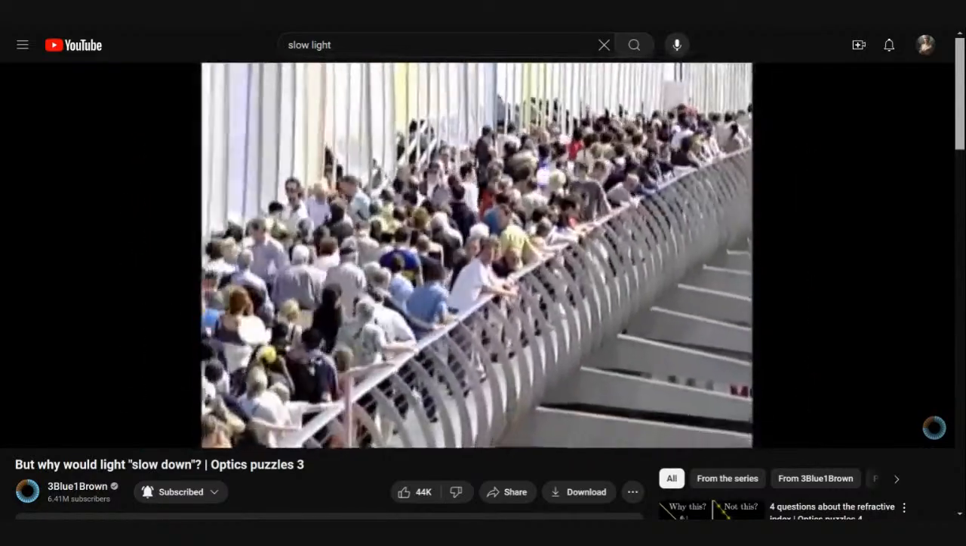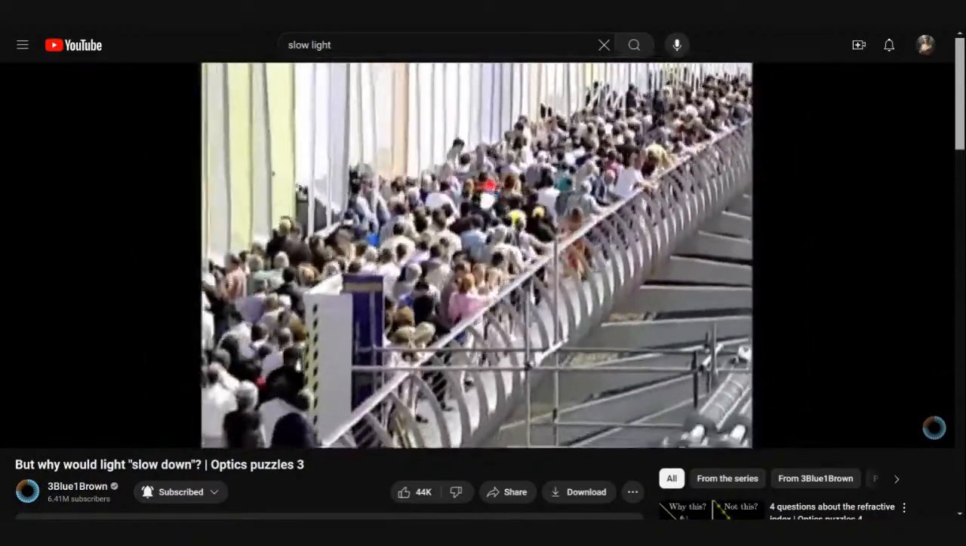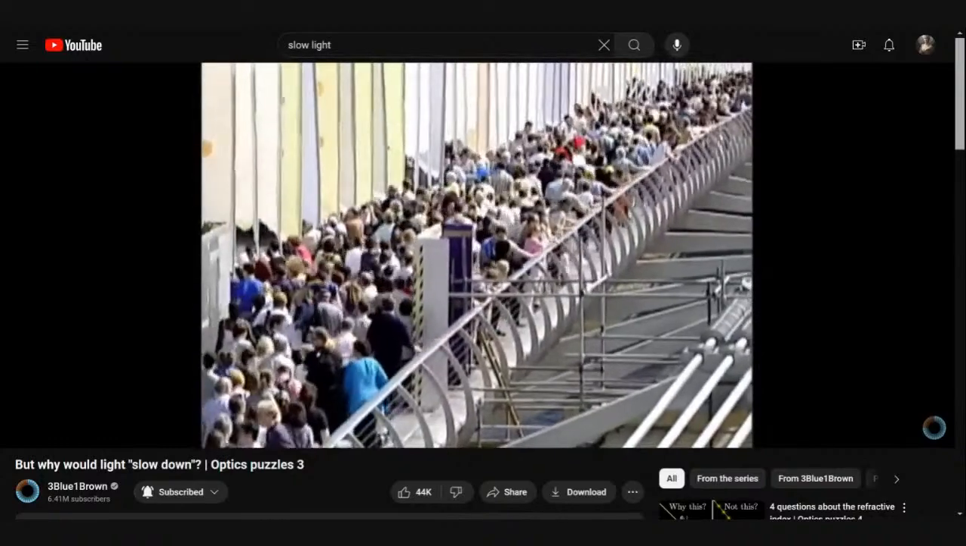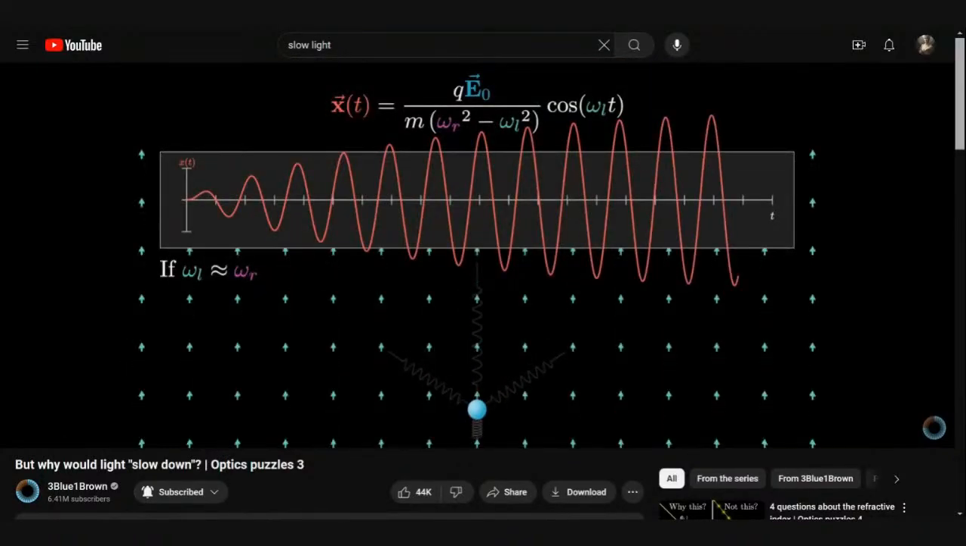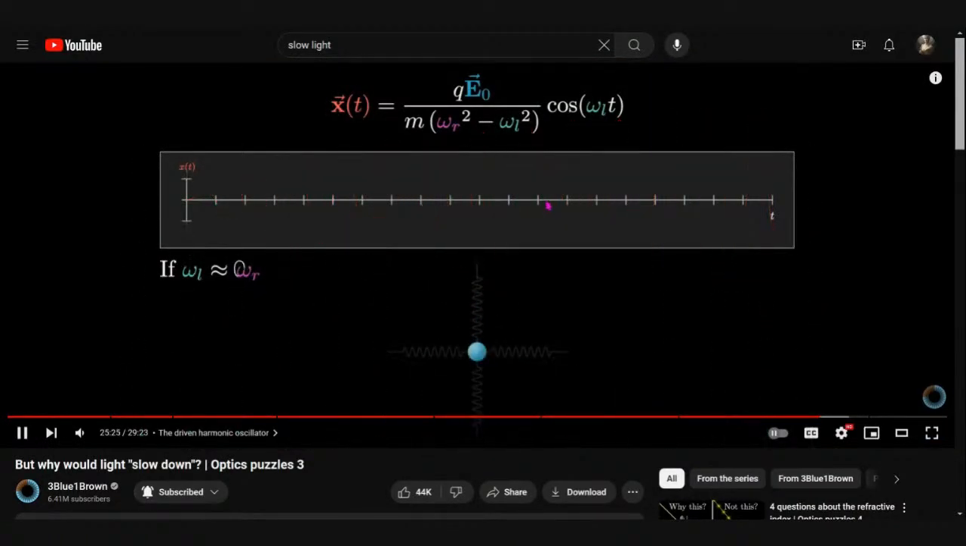its opening day, it started oscillating way more than the engineers expected it to. And what was going on is that the frequency of the steps of the crowd lined up very closely with a resonant frequency, causing this worryingly high amplitude. By contrast, notice what happens in the simulation if the frequency of the